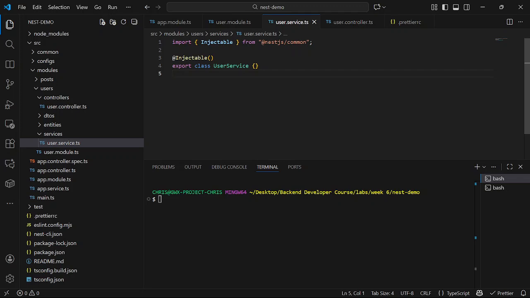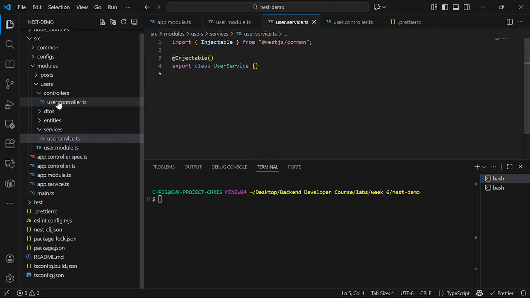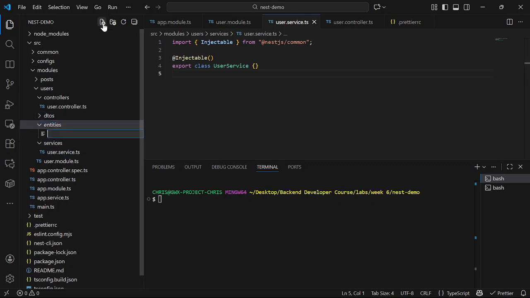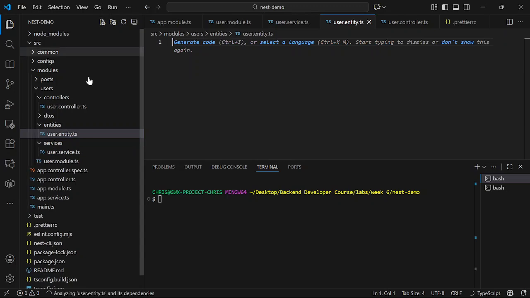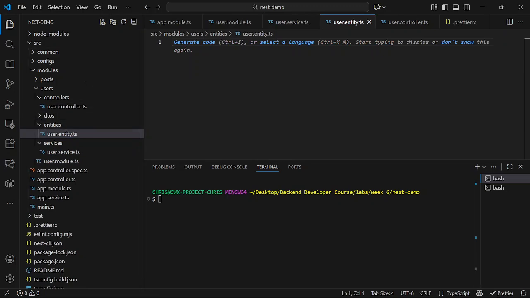Right. So let's create the entity, user.entity.ts. Let's just create these nitty-gritty items.